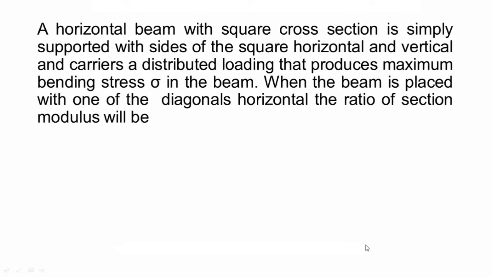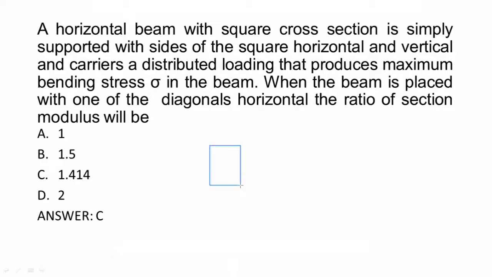Next one. A horizontal beam with square cross section is simply supported with sides of the square horizontal and vertical and carries a distributed loading that produces maximum bending stress sigma in the beam. When the beam is placed with one of the diagonals horizontal, the ratio of the section modulus will be. It is a little bit lengthy question. So its answer will be C, because if you see, there is a cross section placed horizontally, okay,